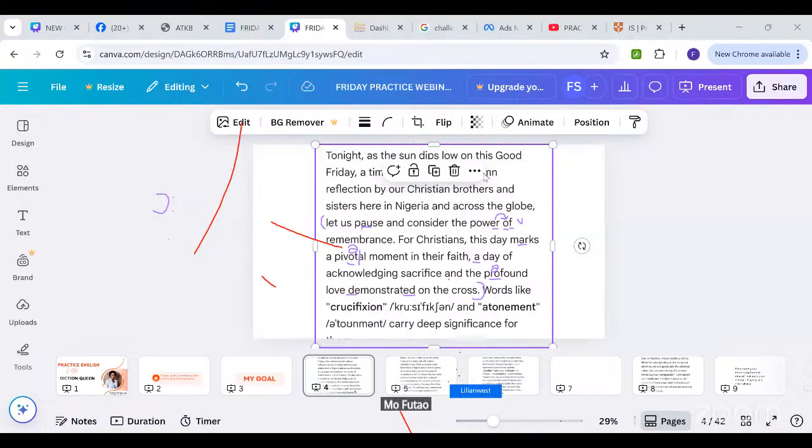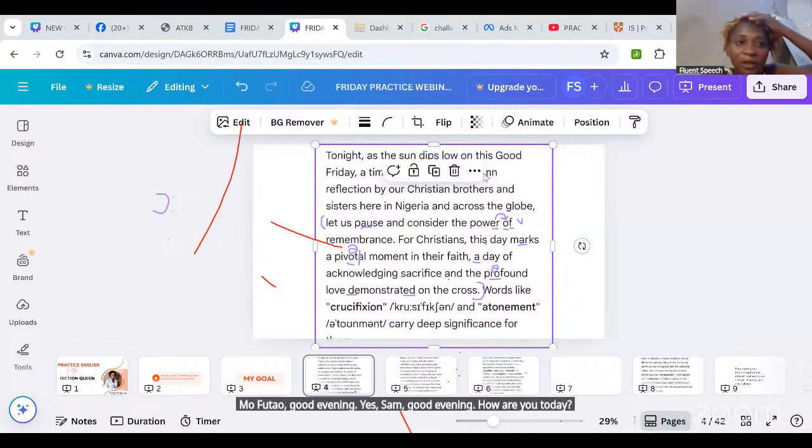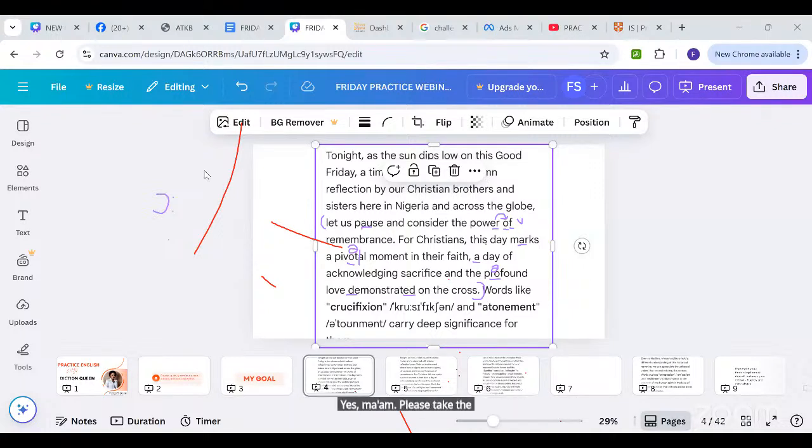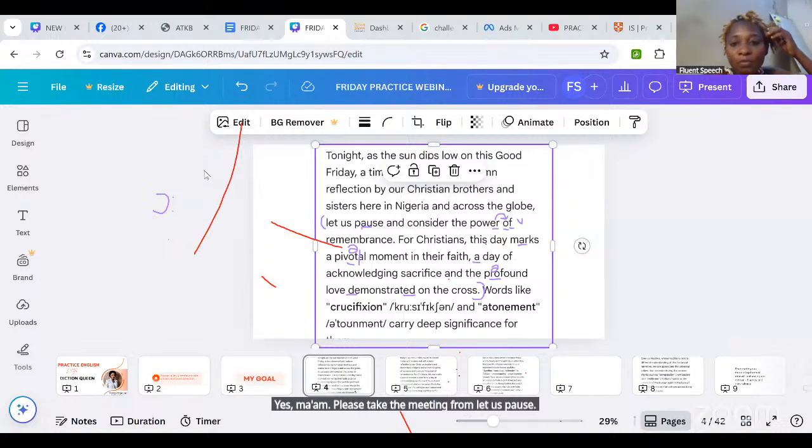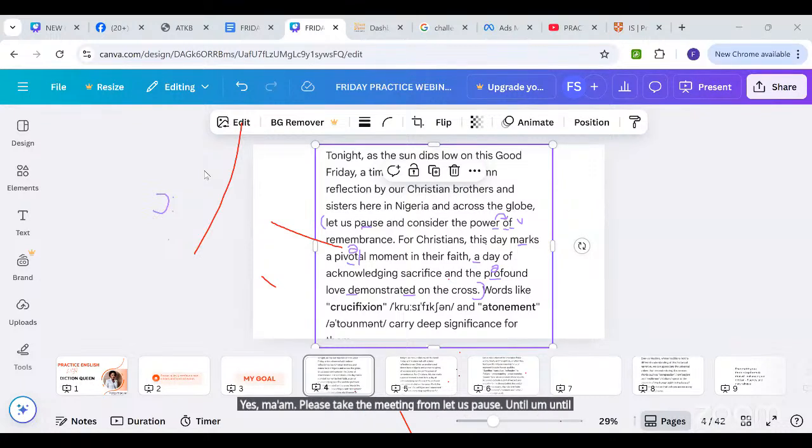Mufutau, good evening. Good evening, Madam. How are you today? I'm fine, ma'am. Please take the reading from let us pause until cross. All right, ma'am. Let us pause and consider the power of remembrance. For Christians, this day marks a pivotal movement in the faith, a day of acknowledging sacrifice and the profound love